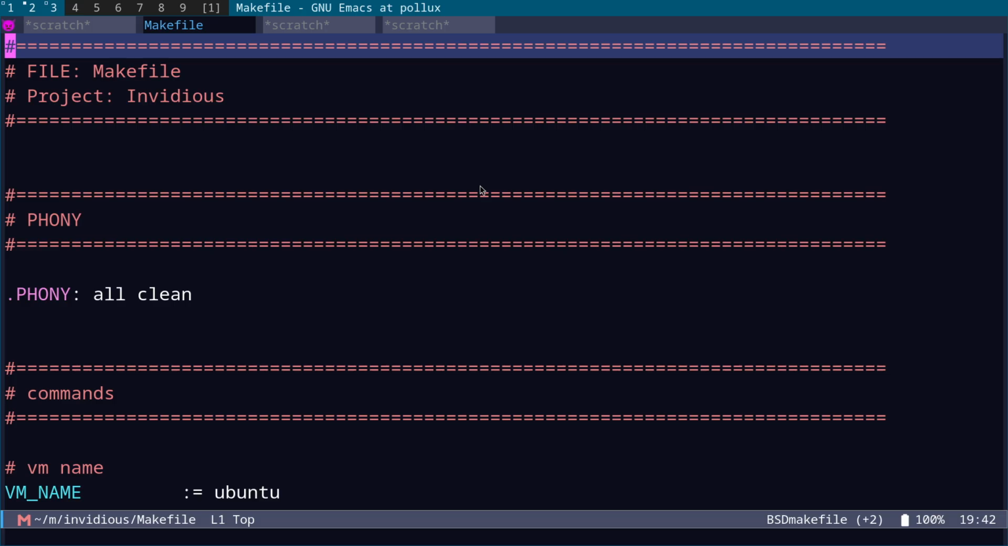So a Makefile has the ability to run sort of two commands. You can run make and then make clean. So then I got to thinking, okay, so we can run make and have all the commands executed to start the VM,